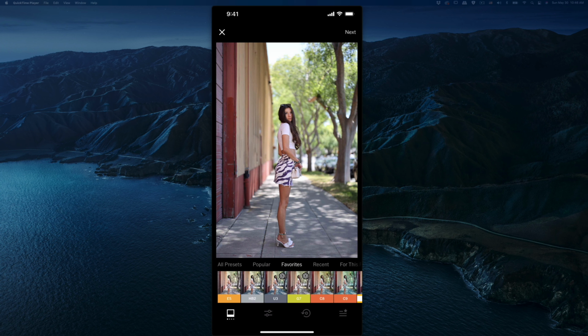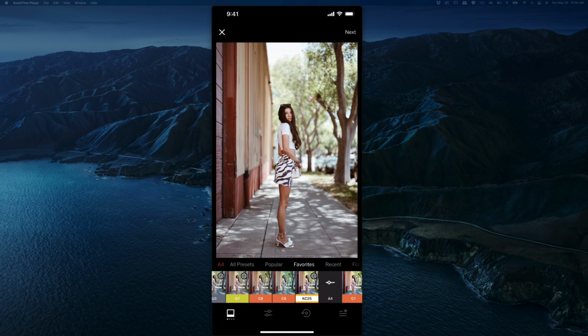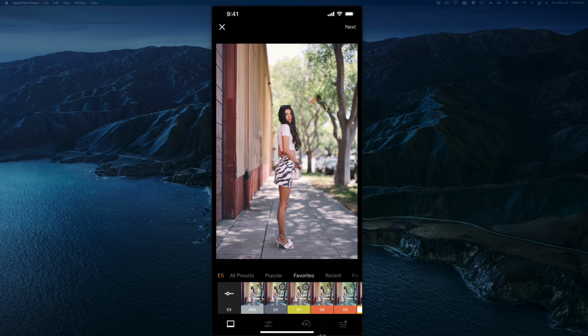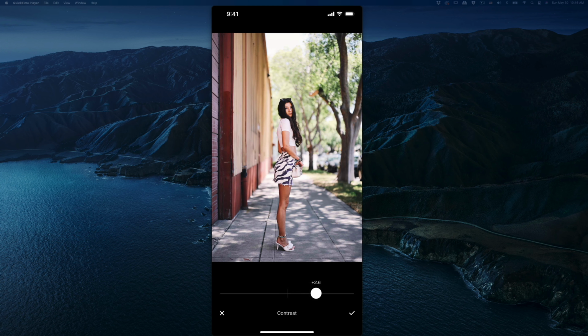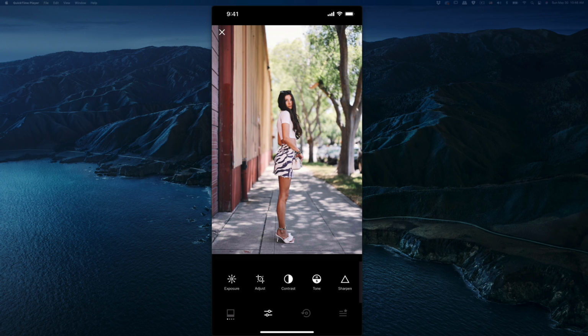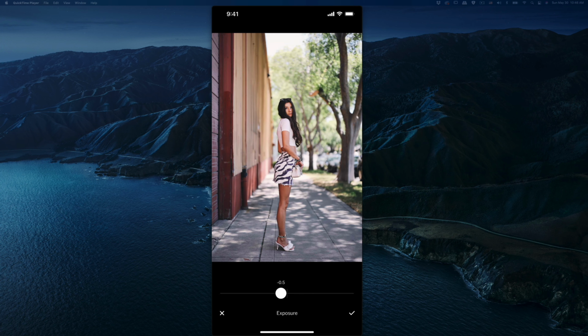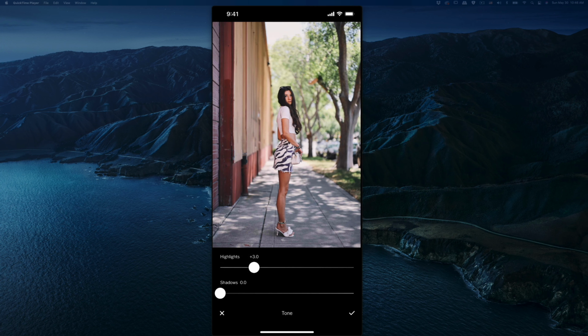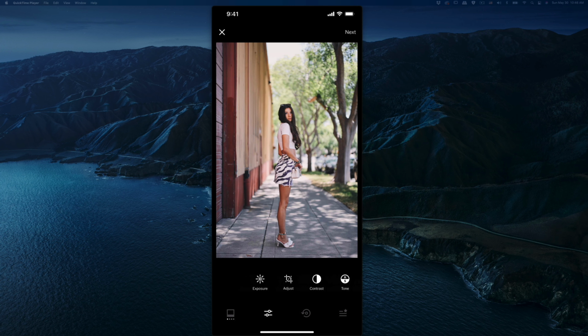The ones I've been using most are either this E5 or HB2. You can try some different ones with different tones in the VSCO. You can see that the C1 was pretty good also, but just to be consistent, we can stick with the E5 or HB2. So the E5, I'm gonna slightly change up right here, slightly do the tone, and then